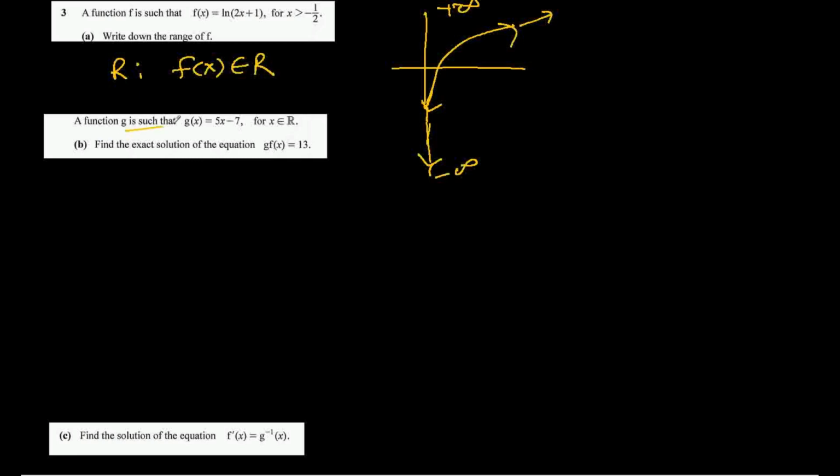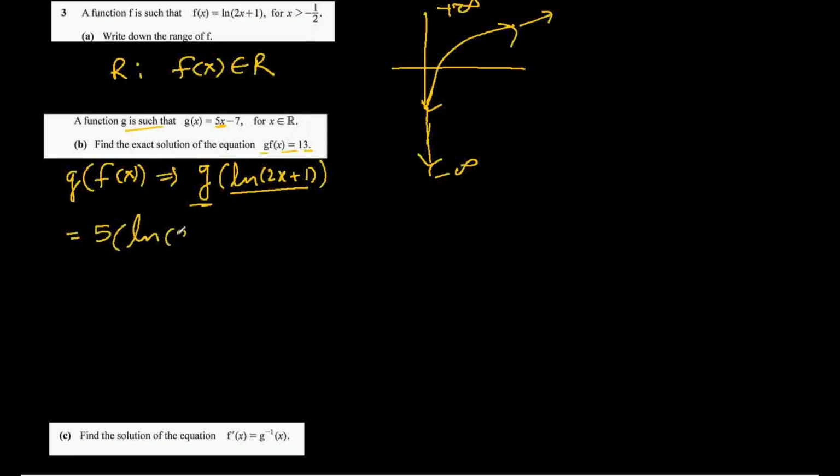So range becomes f(x) is an element of all real numbers. If function g is such that g(x) is this, find the exact solution of g(f(x)) equals 13. g(f(x)) means g inside the bracket f(x), which can be written as g of ln(2x plus 1). So in the g function, wherever there is x, substitute that by ln(2x plus 1), and we have just one x here. So it becomes 5 times ln(2x plus 1)